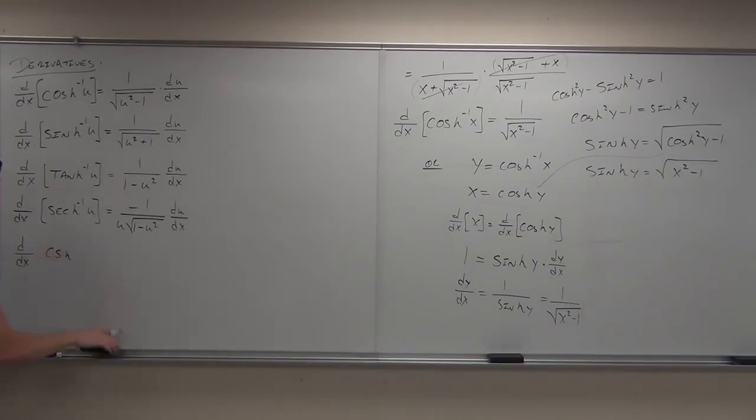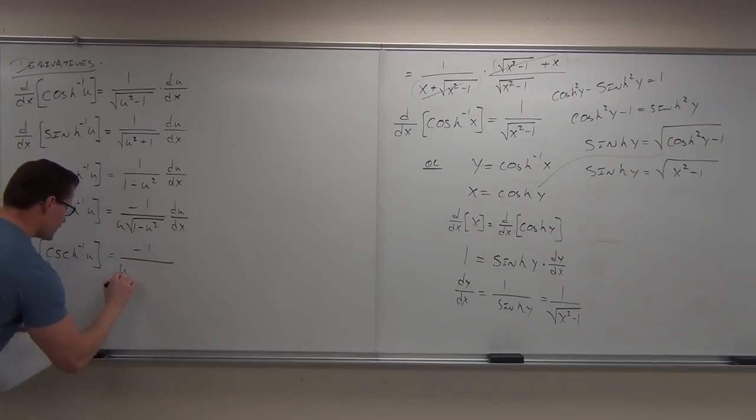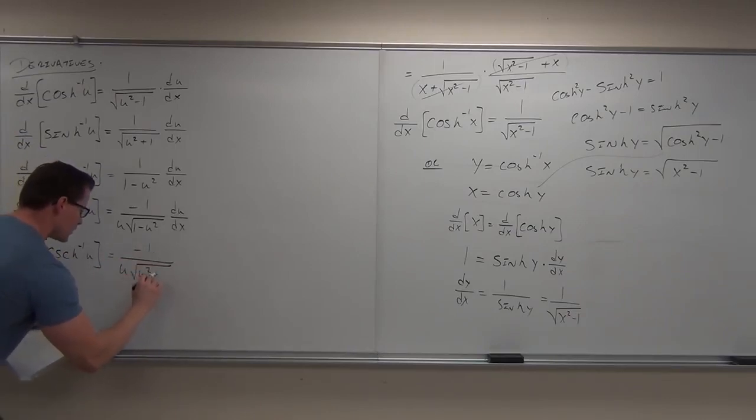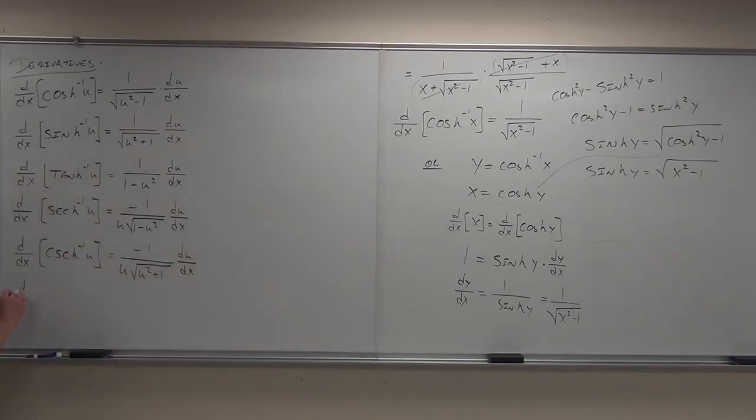If we want hyperbolic cosecant inverse of u, it's going to look just like this one, only, let's see, oh, you know what, I'm sorry, I read that wrong. No, I didn't, I read it right. Thought I made a mistake. Very similar, we're going to have u squared plus 1. And lastly, hyperbolic cotangent inverse, we got